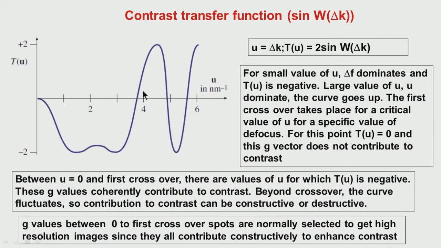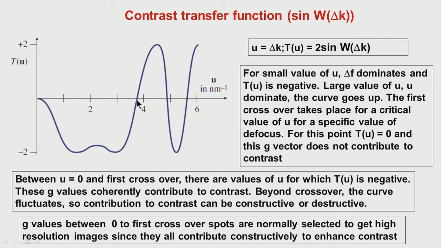But beyond this particular point, we can see that there is a fluctuation, it changes very rapidly for delta k value. So, the effect of this will be that these regions of k value, if you choose them, one will be enhancing the contrast, another will be reducing the contrast. The net effect will be that in some places the contrast can become 0, in some places there is a variation in contrast, but the reliability of interpretation becomes very poor in this case. So, hence we should use only this limit, this range only we should use.